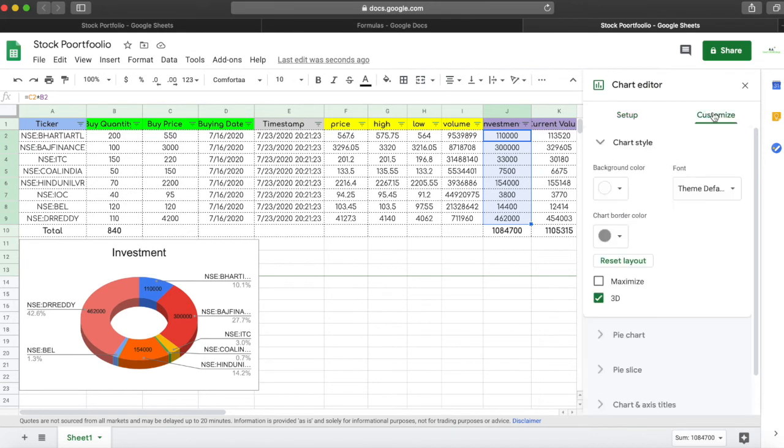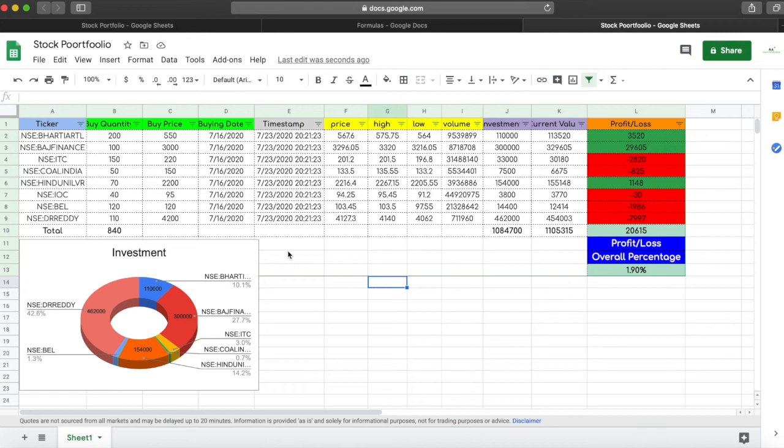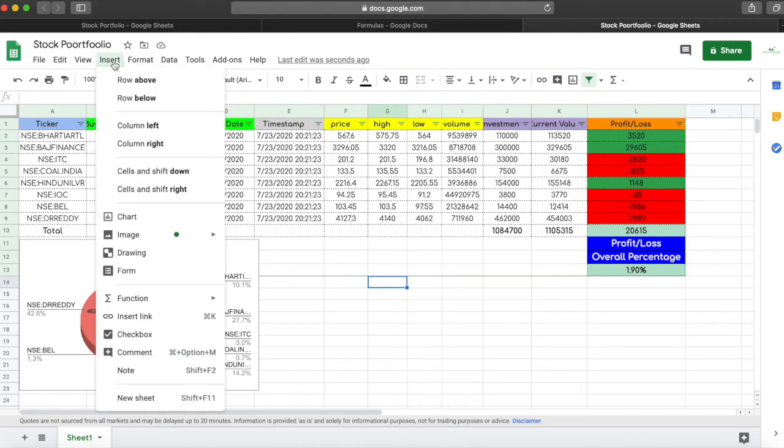This looks good now, so we will now create the second graph, second chart, which essentially will tell you on